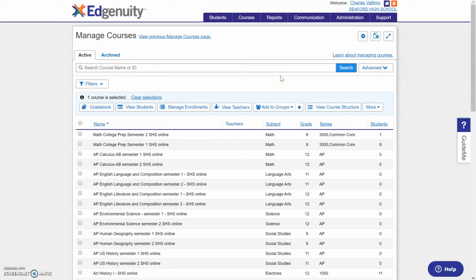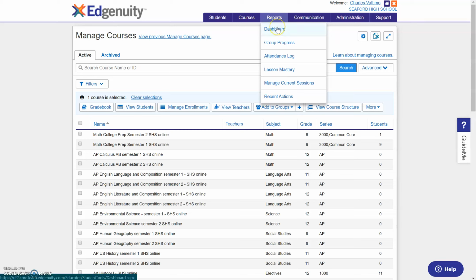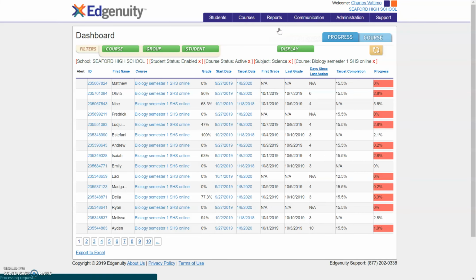Probably one of the best options and the thing that will be used the most throughout the educator's login is the reports. Reports are basically found best in the dashboard option. So when you select the dashboard option, you will see a listing and tracking of all of the information that you need to know about the particular